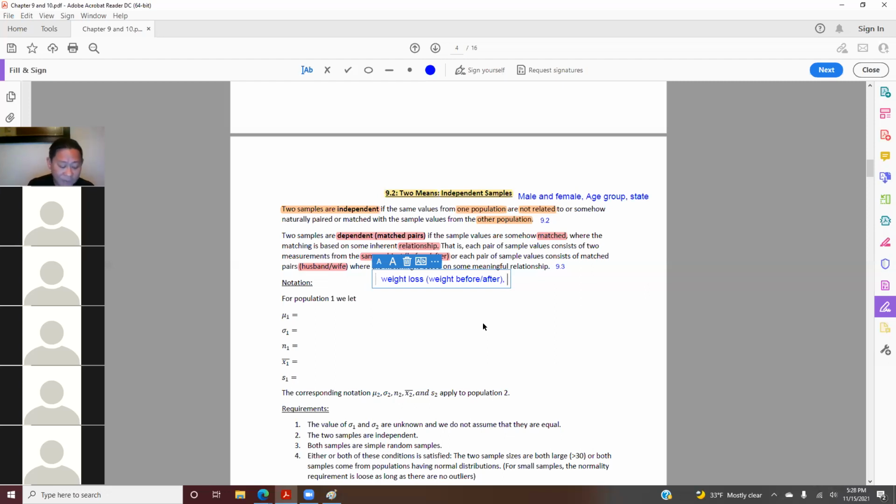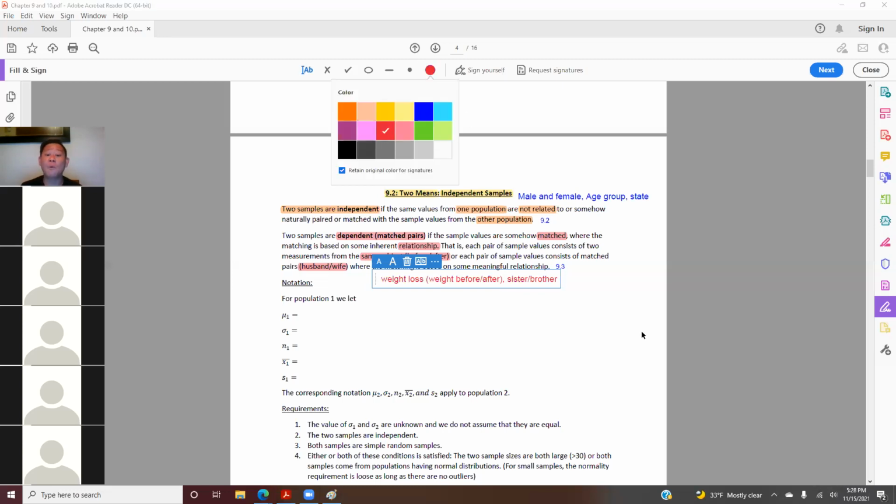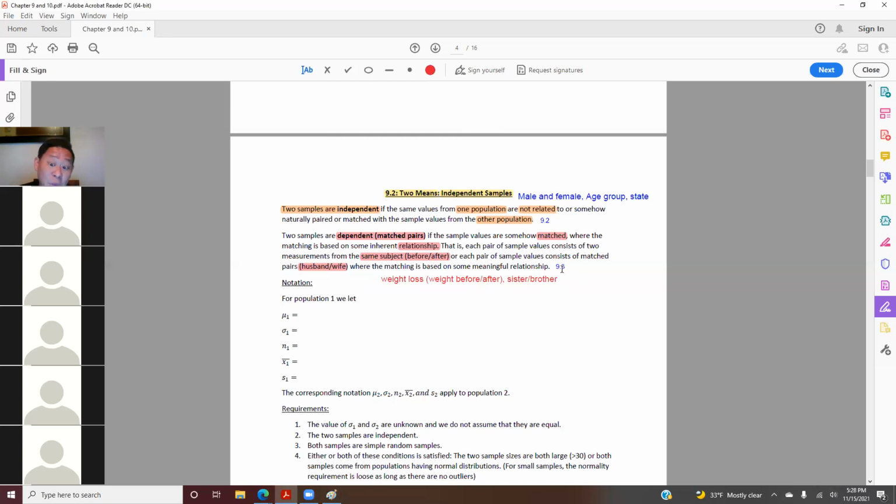So husband and wife, sisters and brothers, those kinds of things are what we also call matched pairs. So it's the same as dependent in this case. If you have such a case in your questions, we will put this in 9.3. Okay, so that's how you figure out which one is 9.1, which one is 9.2, and which one is 9.3,